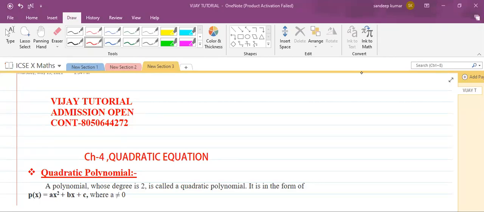Hello students, in this video I am going to explain the quadratic equation. This is one of the very important chapters. So the first concept is